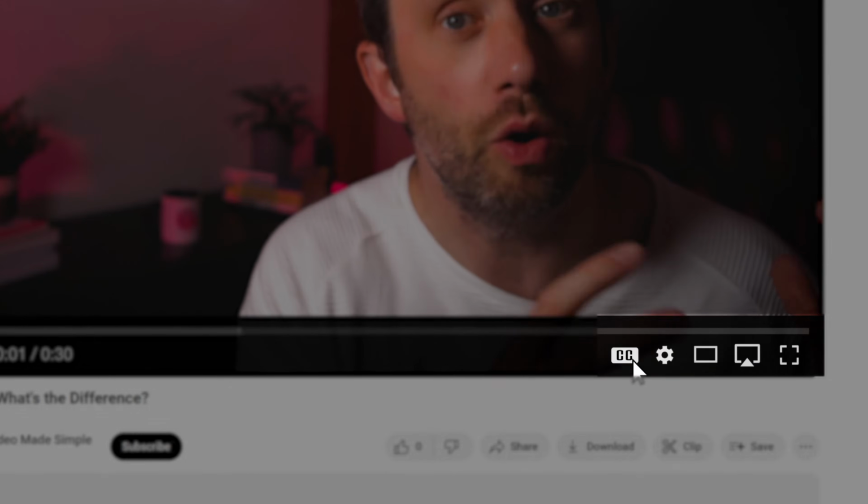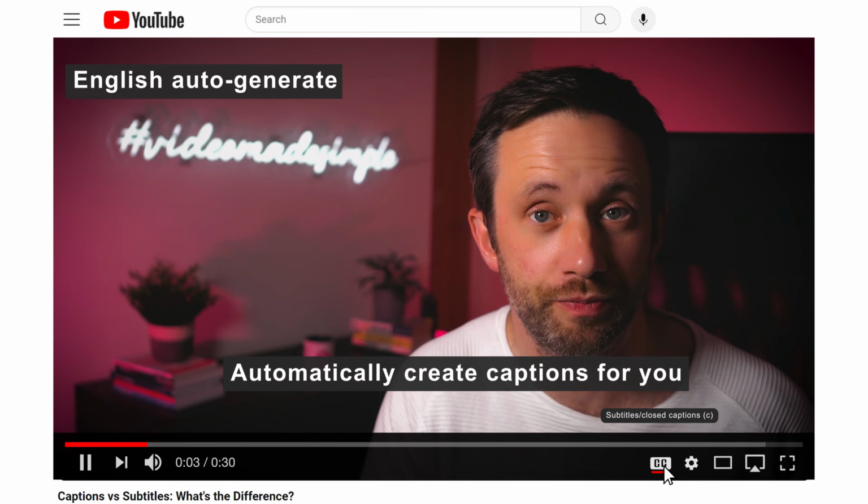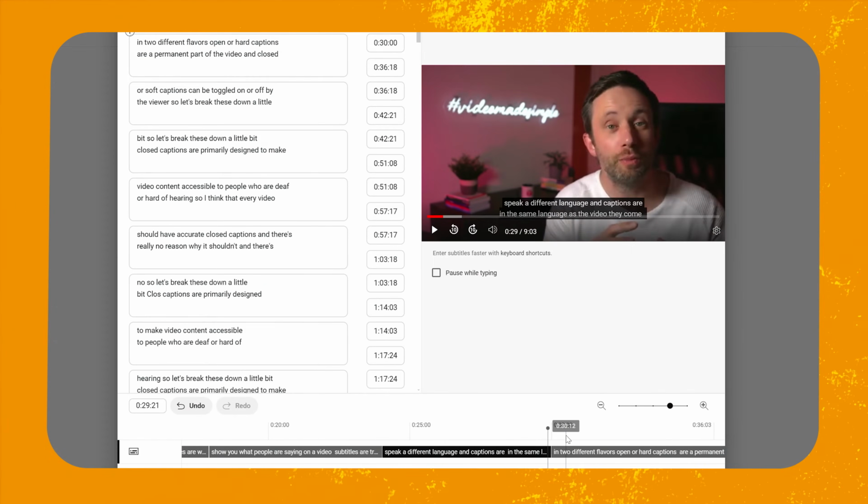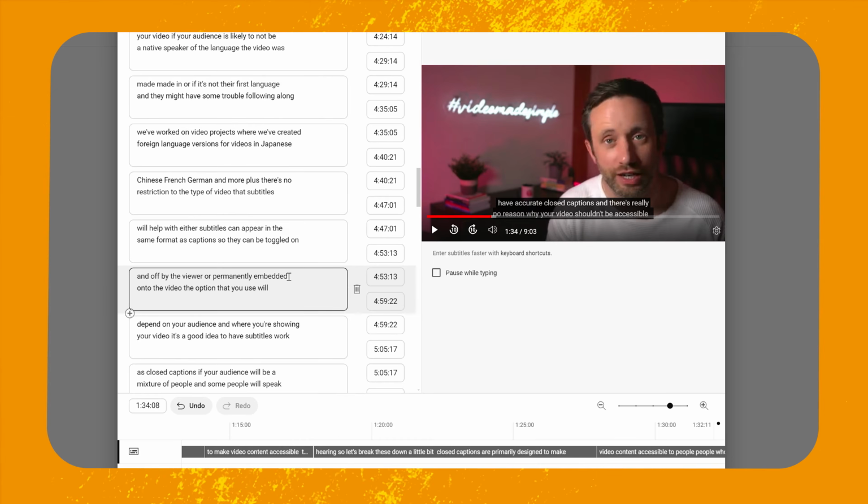Platforms like YouTube automatically create captions for you. When you upload a video, YouTube will use its own AI to identify what's being said and create closed captions that are timed to the video. Yes, it's not always 100% accurate, but you can very easily edit the transcript for accuracy if there are any